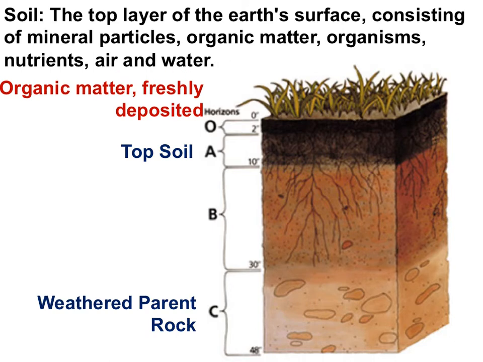Now, soil forms from a combination of inputs: organic matter from above and weathered parent rock from below. Now, you add living organisms to the minerals and the organic matter, living organisms such as worms, fungi, bacteria. You add some air and water, and you've got soil. Now, the soil system has a profile with layers known as horizons.